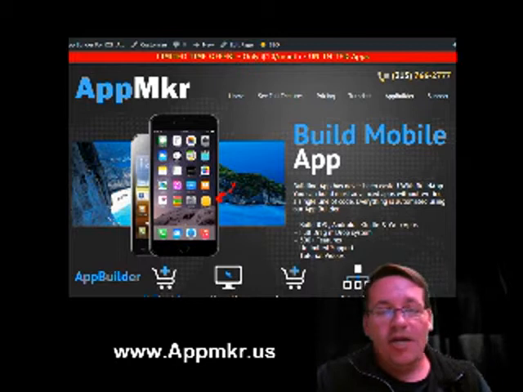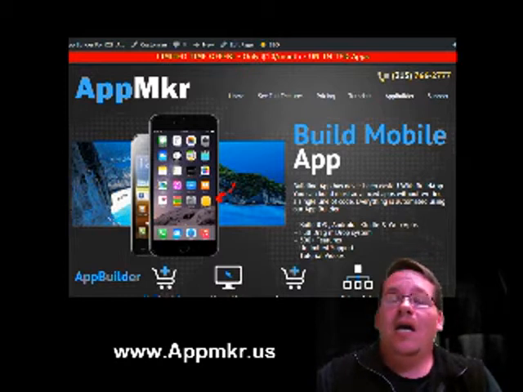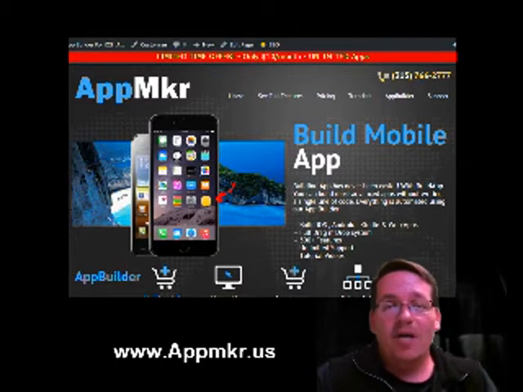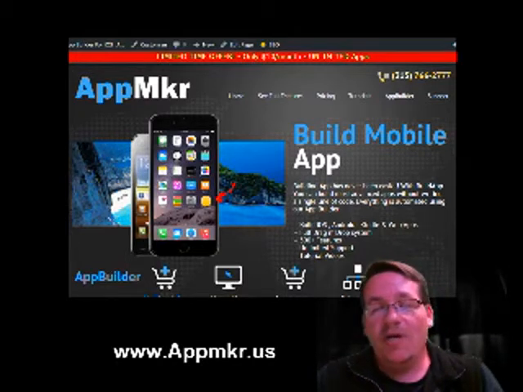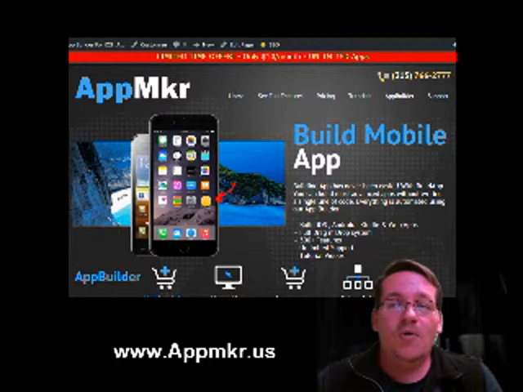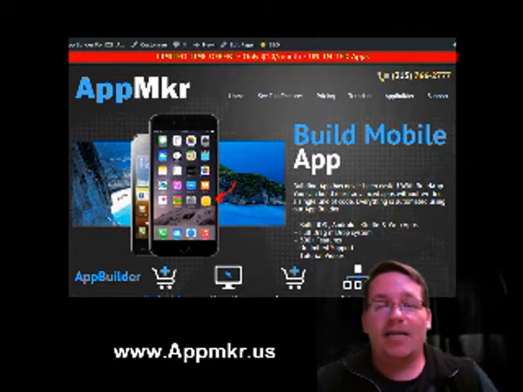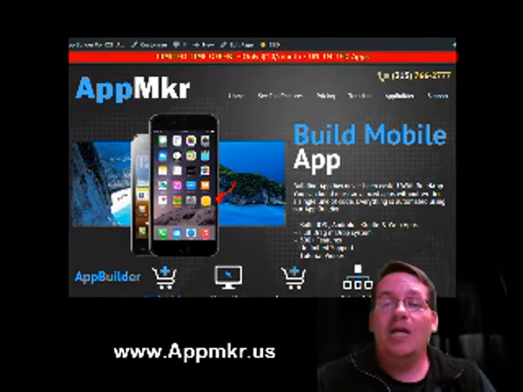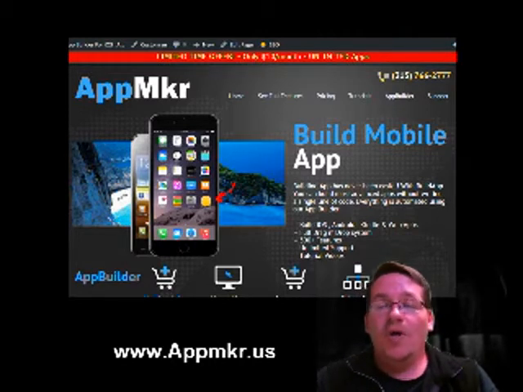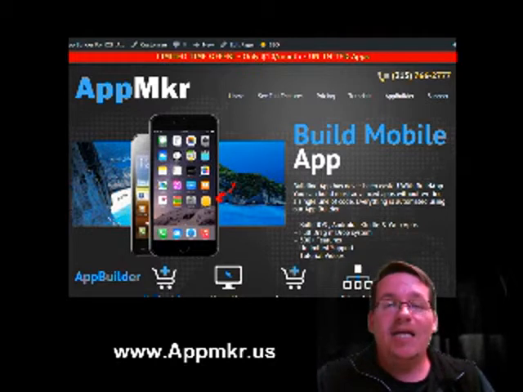You can log in and create all your own apps. You can create unlimited apps, and not only can you create apps for yourself, you can sell apps for people who are looking to have apps built. You can create free apps, where you can upload to the Google Play Store and allow people to download and use your app for free, or you can sell your apps on those places as well. I will also have a show where I tell you how you can create an app and sell it on a website where people actually buy them